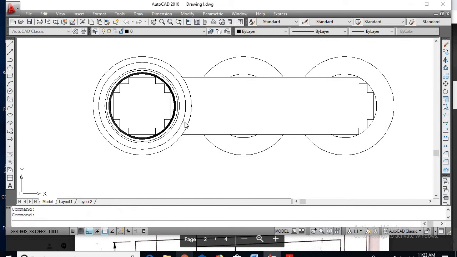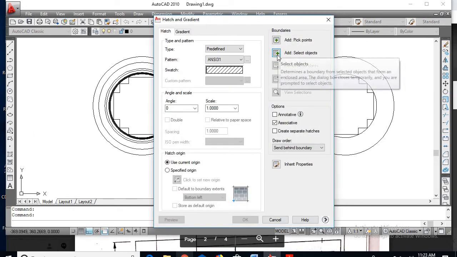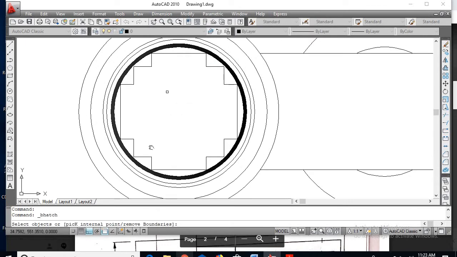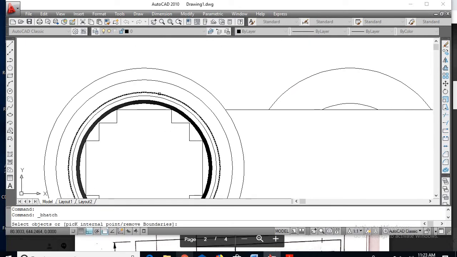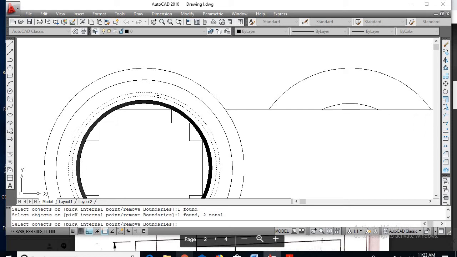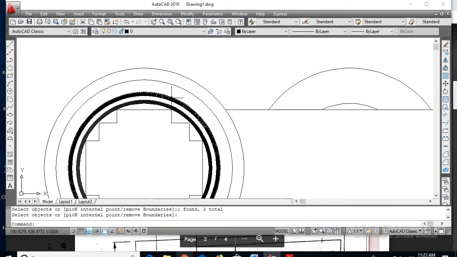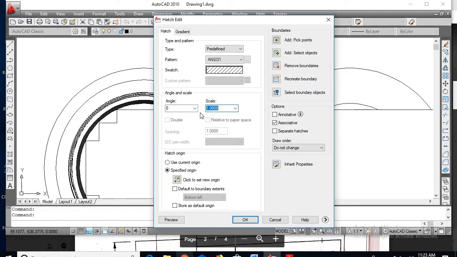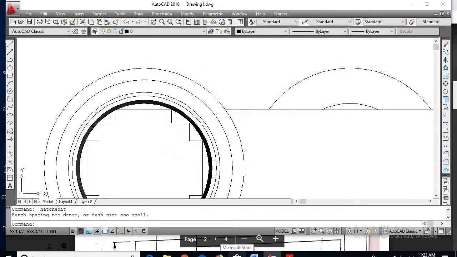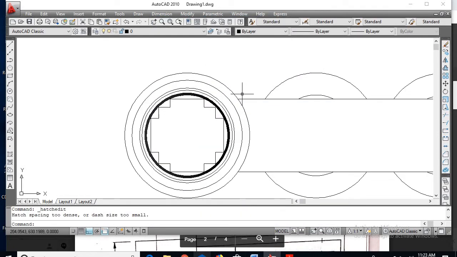Hatch command, select object, double click, so change the scale as 0.025, so okay, it's too less.